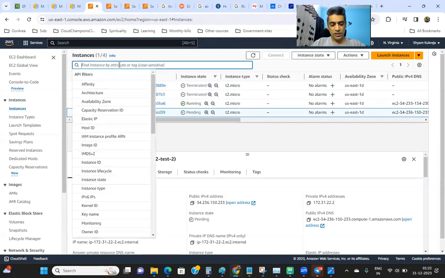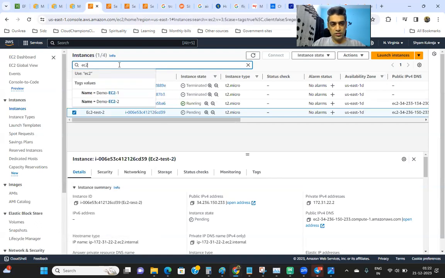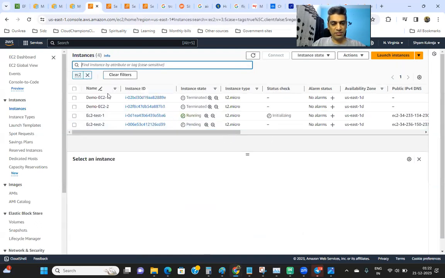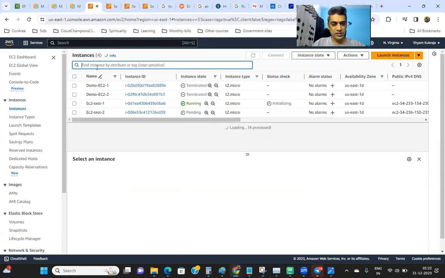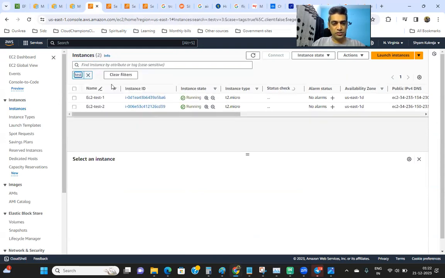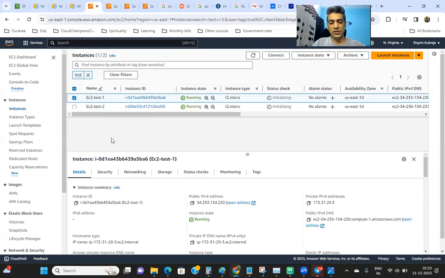So for quick identification, let's type this. In fact, let me filter it so that I can see only two instances. Now the other thing that we have to do: we have already created two instances, and we have created the EFS file system. Since I would be connecting to these EC2 instances, let's ensure that the security group, which is WebSG,